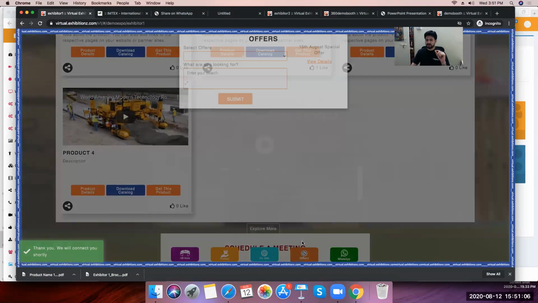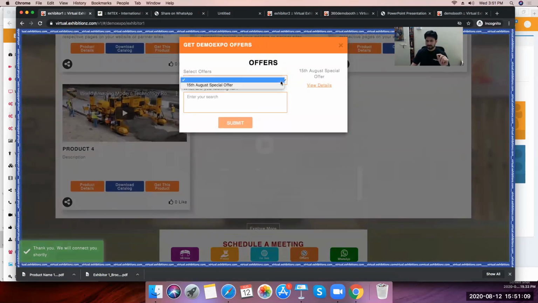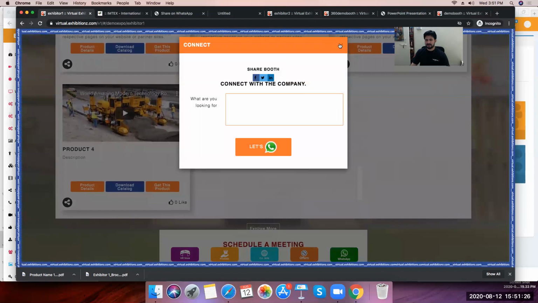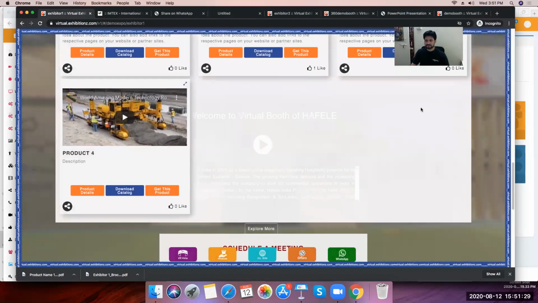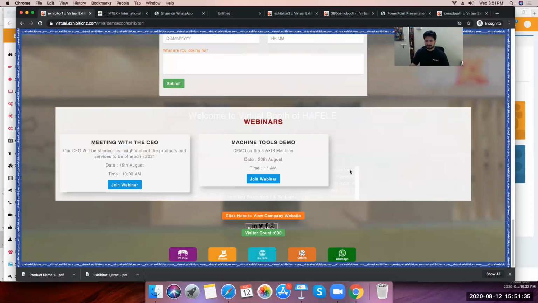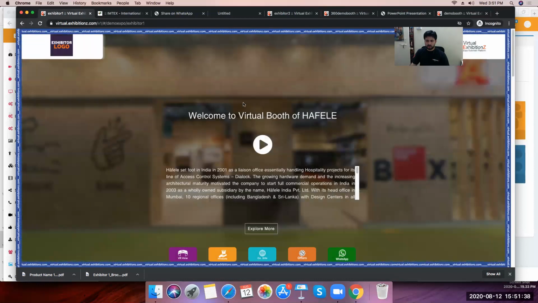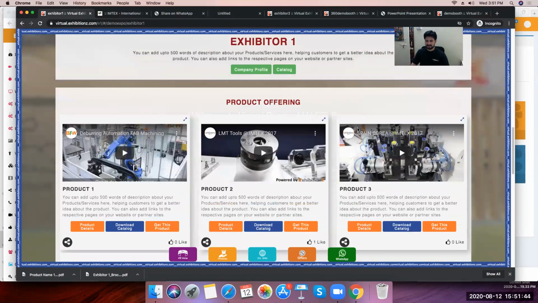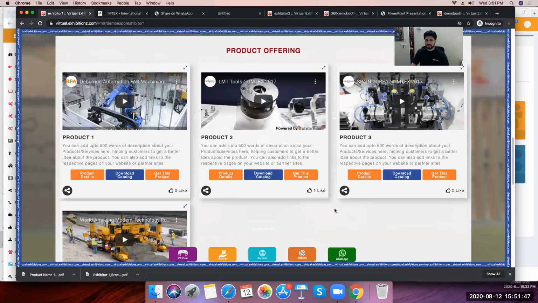The second lead is generated when a person is applying for an offer. So he can go and apply for a specific offer, I can choose that I need 5 units, for example. So this is the second method where the lead is getting generated. The third method, if he directly speaks to an exhibitor and finalizes the deal without entering anything in this website, I don't think there is any way you can capture it, right? To be very frank, on the whole booth, we haven't given any place where the exhibitor details are showcased directly. The person has to come in, the person has to log in.